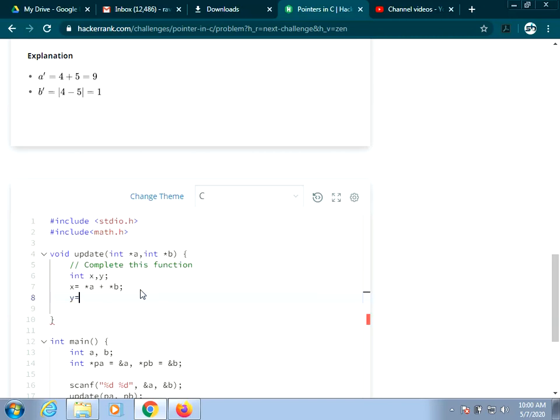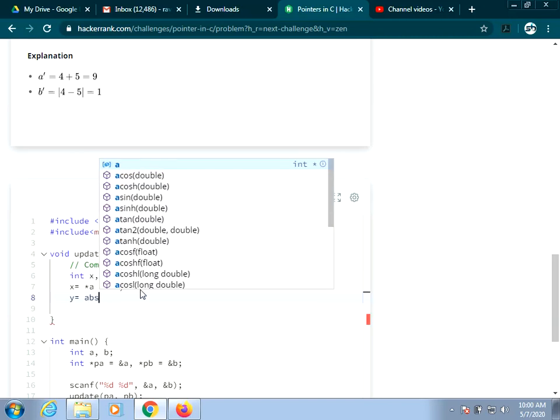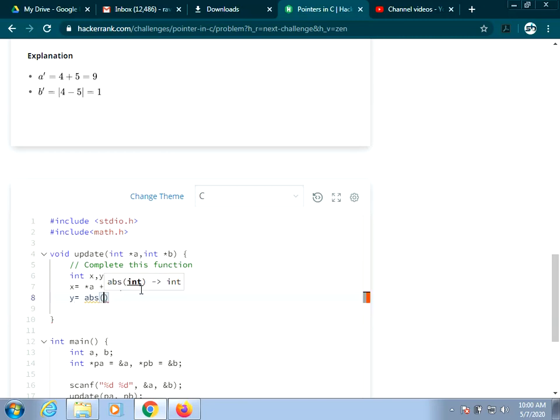y will be equal to, how to calculate the absolute difference, so I will use the function abs. abs of what I have to calculate: *a minus *b, that is the absolute difference of a minus b.